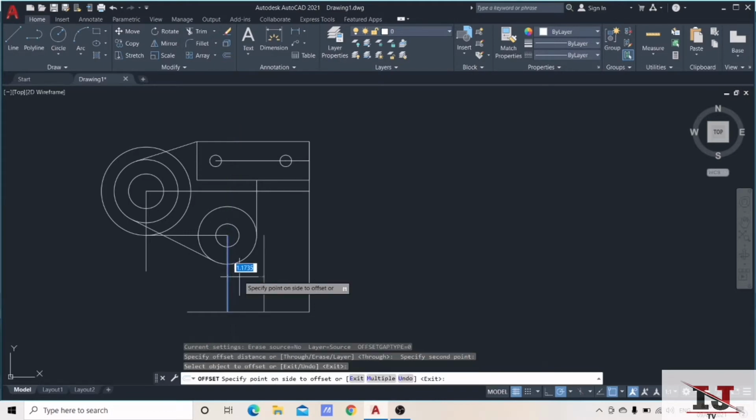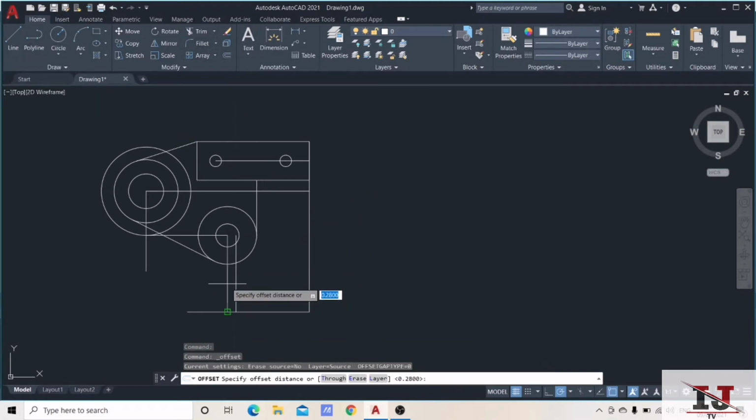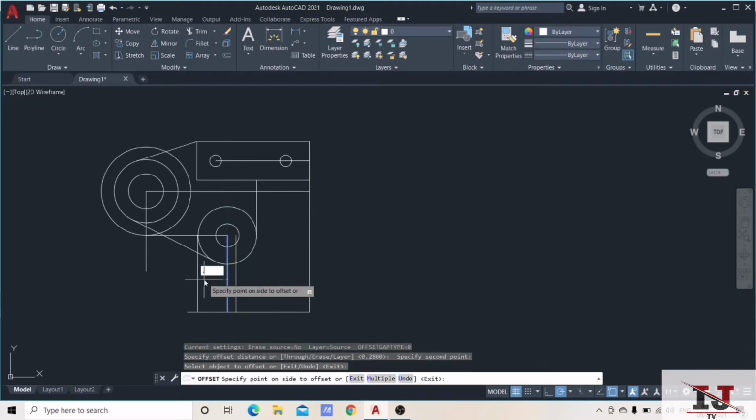We have 0.28, and then same as the opposite side, 0.28,